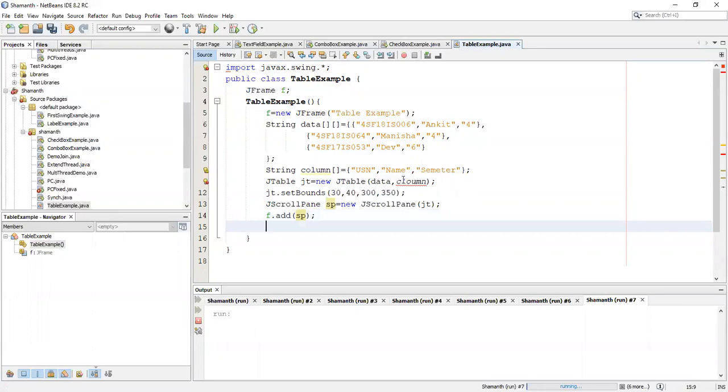In this way we create the table, then give the boundary values to that, use a scroll pane, and inside the scroll pane we add the table, and that scroll pane we add to the frame. Next we have to set the size of the frame. Set size, you can give it as 300 comma 400.